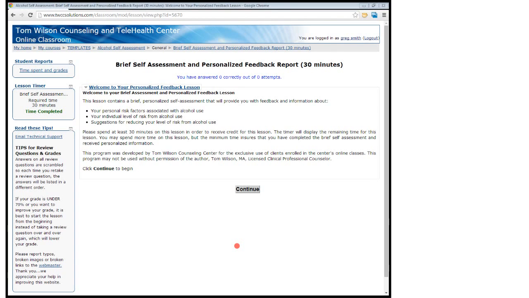I really need to have probably some more graphics in here, but this just basically states, welcome to your assessment. This is what you're going to be doing. We're going to be assessing your personal risk factors, your level of alcohol use, suggestions for reducing your level of alcohol use. But primarily, the focus is to provide feedback and say, hey, did you know that you told us you do this? Well, and then on the content pages, you have 5,